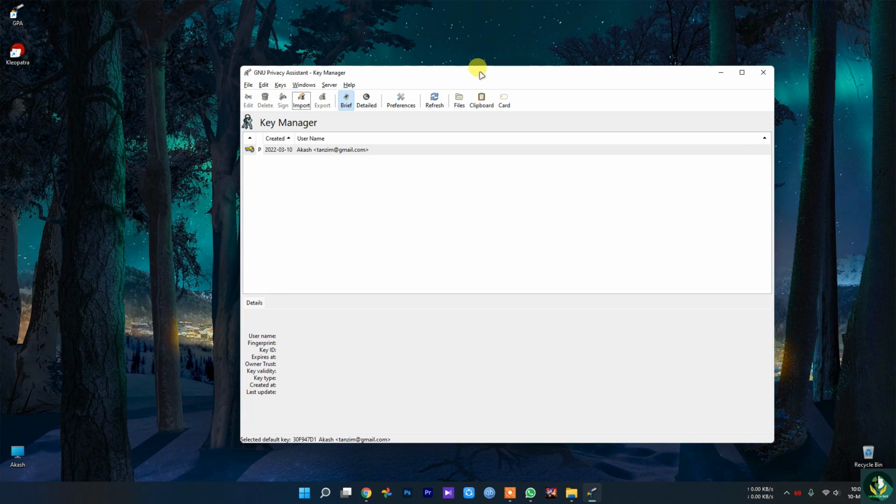Also, do not share the passphrase with anyone. This is basically what we use to encrypt and decrypt all the messages. So if somebody has your passphrase, they can basically decrypt all your messages. So keep this ultra secure. You can make it as powerful as you want. Now as you can see, it created a key.